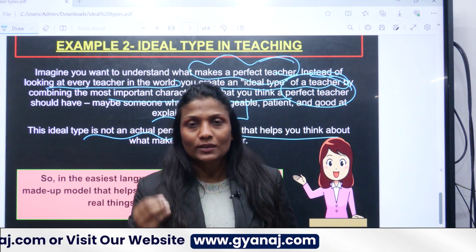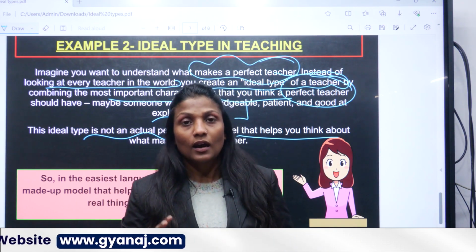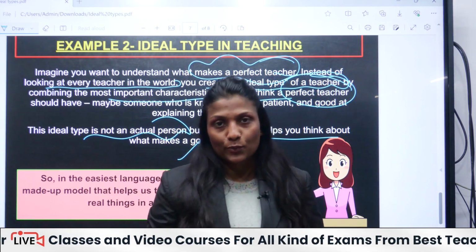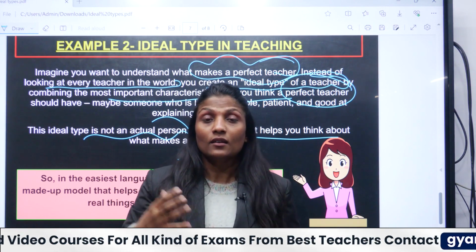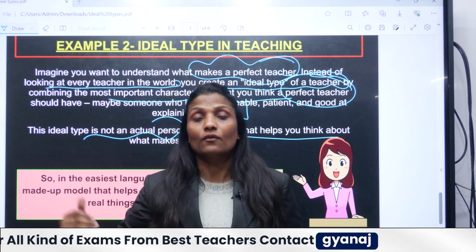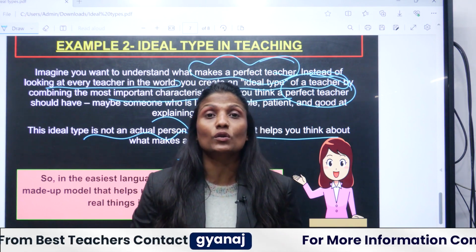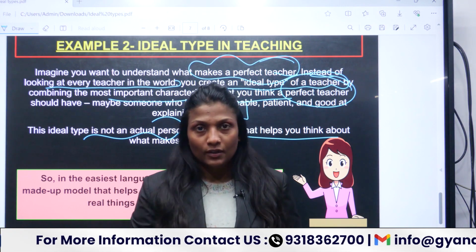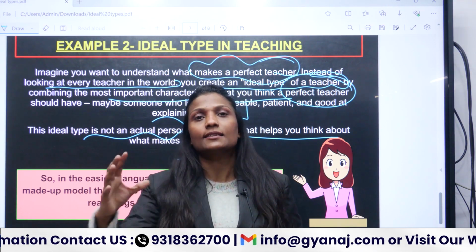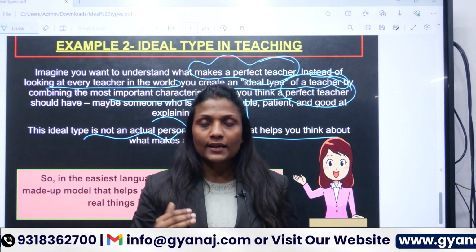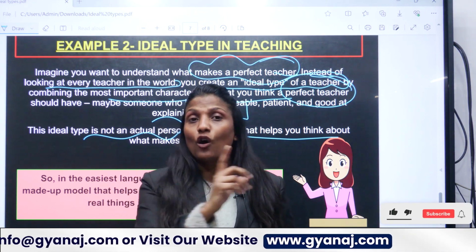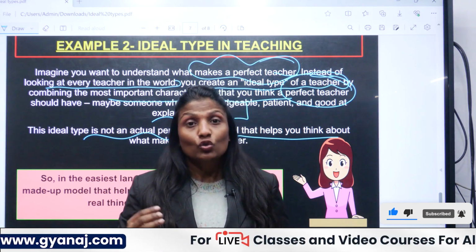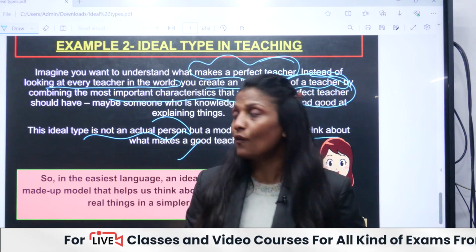Now you also need to understand that these ideal types are not idealistic in nature. It is not only related to positive attributes. You can understand various other factors in society. For instance, if you want to understand what types of criminals we have in society, or what is the nature of crimes, we again create certain ideal types, certain characteristics. In my mind, I have created ideal types of crime, and then when I go into the field, I'll compare and contrast. So this is a major understanding of ideal type.